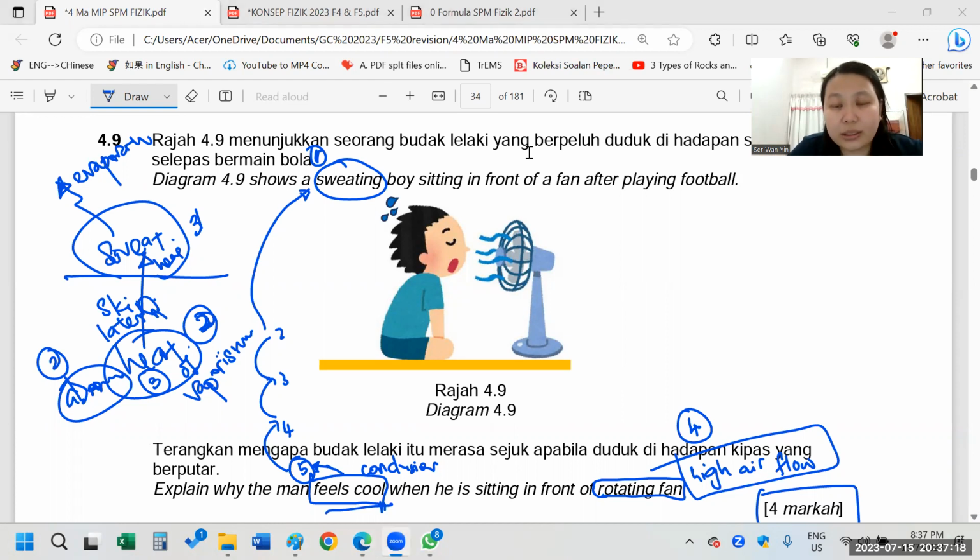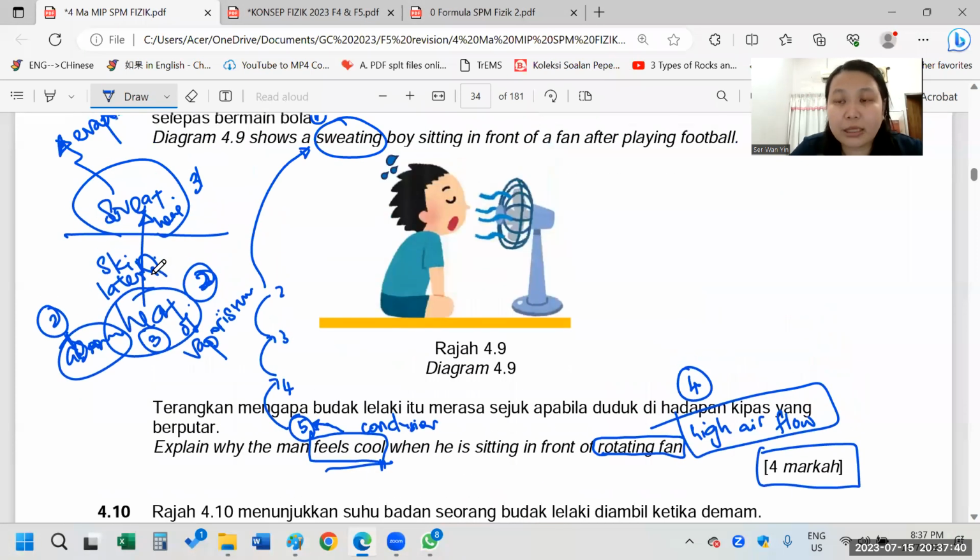Sweat is water also can, water molecule, sweat is water. Okay, can. Heat is absorbed, heat is absorbed. Okay, so the 4 marks question, how to